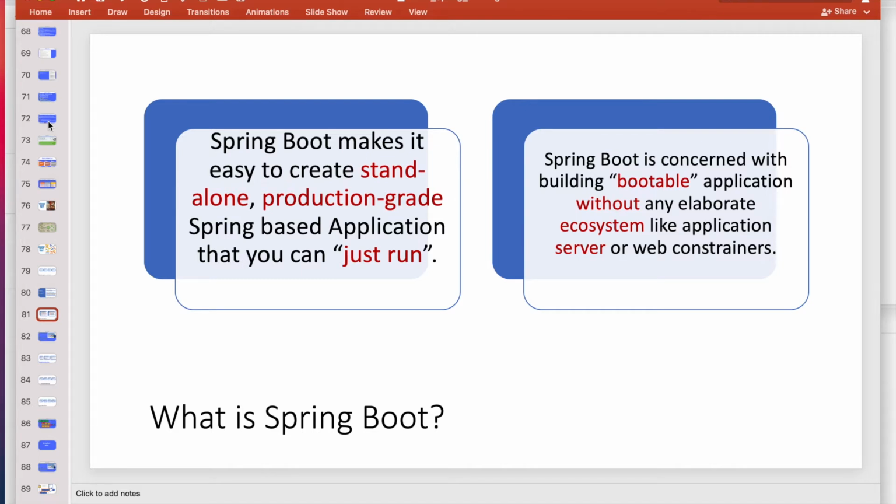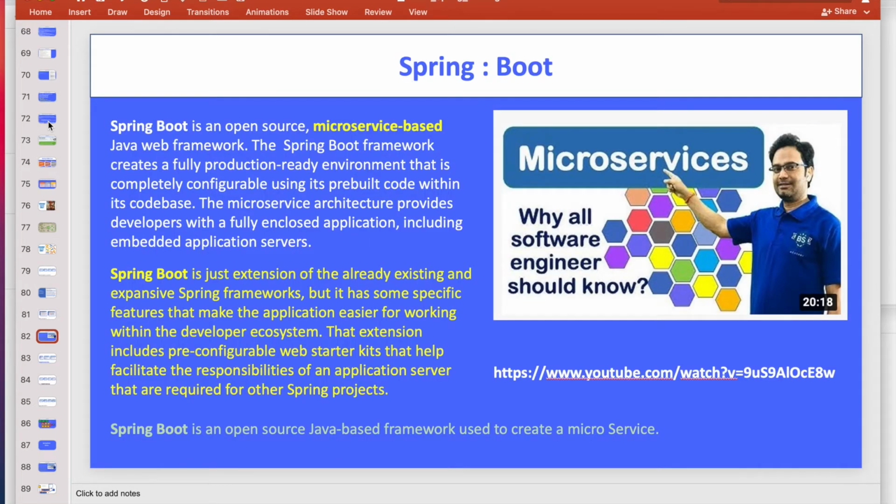It is just simple plain Java code, and one dependency is sufficient, so developers can focus on their business logic instead of infrastructure. This is the definition of Spring Boot, which is open source and helps set up the Spring Framework ecosystem.